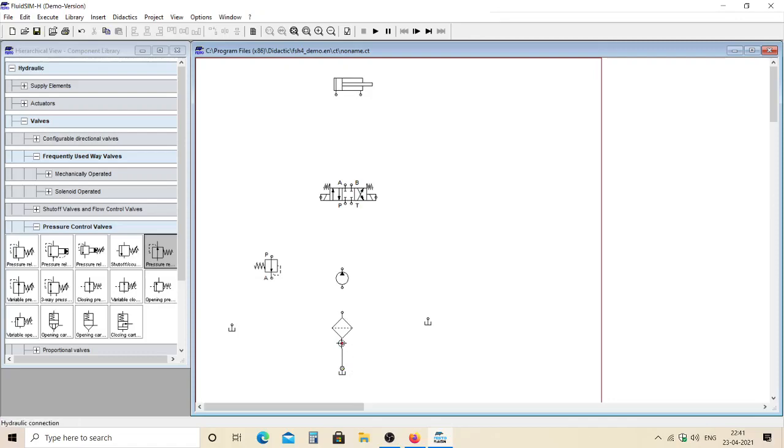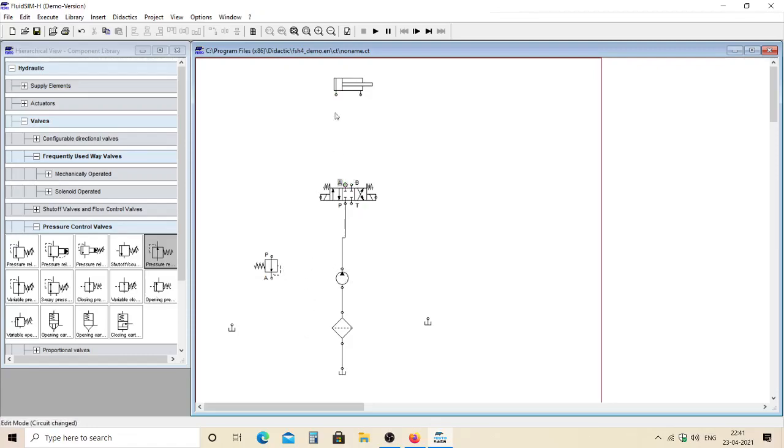Once you close this connection, there will be a red dot, which means you cannot connect any other point. Here it is open, so you can connect here. This will be connected to the pressure port. Here the suction line is there, and here the pressure line. So from the pump to the actuator there is a suction line.